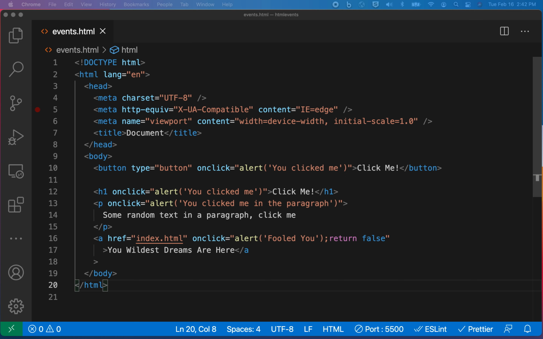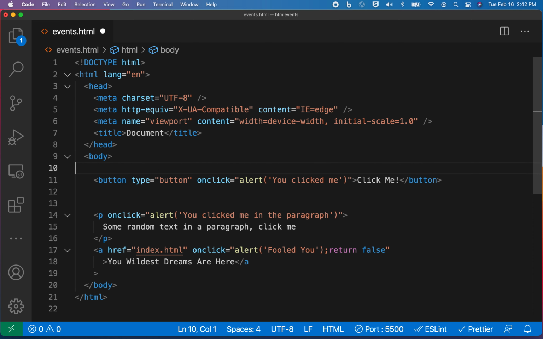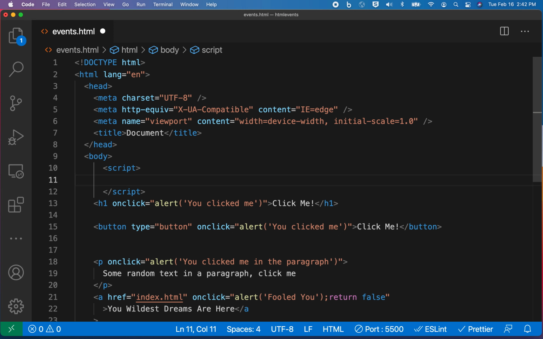All right, so let's go ahead and build on this idea a little bit here. I'm gonna grab this h1 tag and I'm gonna put it at the top of my page. And right here, I'm gonna put in some JavaScript in script tags, and I'm gonna add a counter that counts up within this onclick event here. So I'll do let iCount equals 0, and then in here I'm going to say